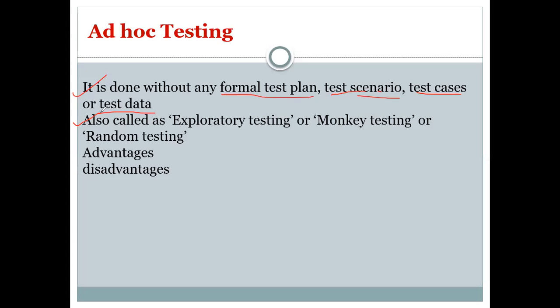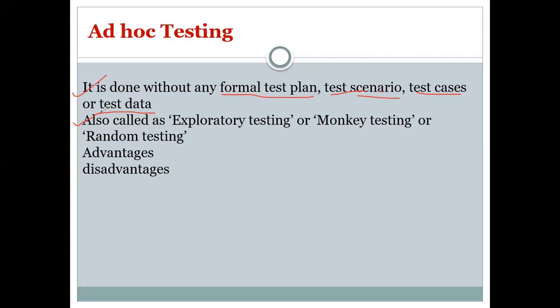Just like I told you, you are going to click anywhere on the web page, checking each and every URL, each and every button. If text fields are given to you, you try to input any kind of data. Suppose there is a numeric field like a mobile number field, you are going to put any letters over there.